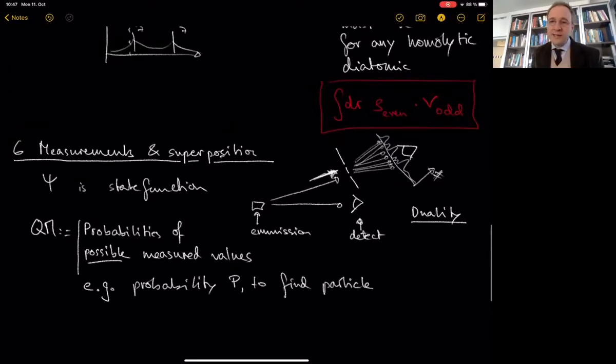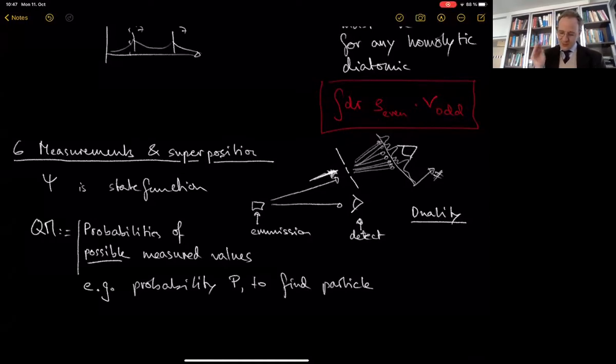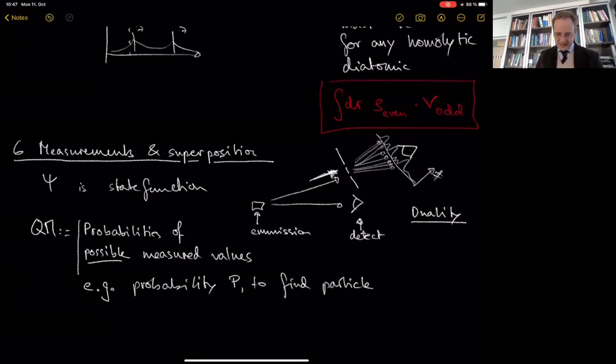Now it's formulated in general. In chemistry, the only particles we care about are electrons. So you can safely replace particle by electron in your mind, but to keep it general, we are talking about particles. So the probability P to find a particle at time t